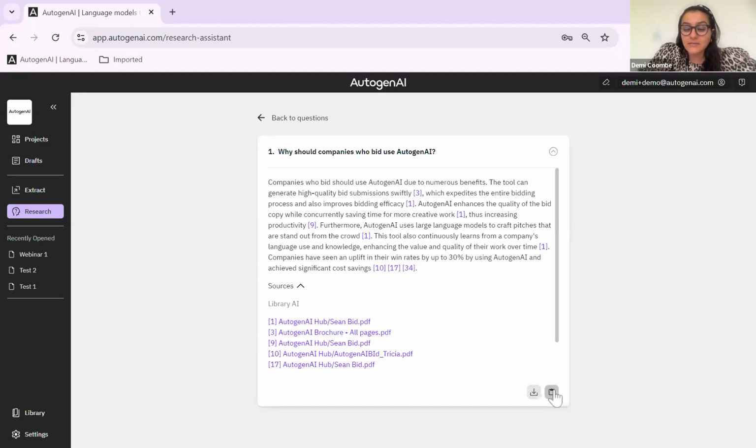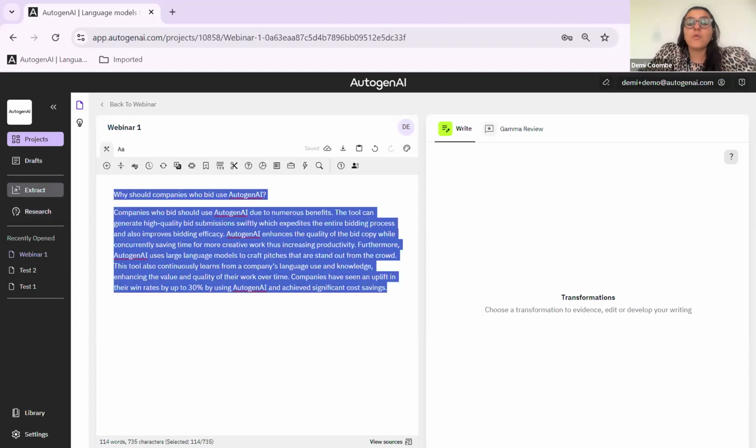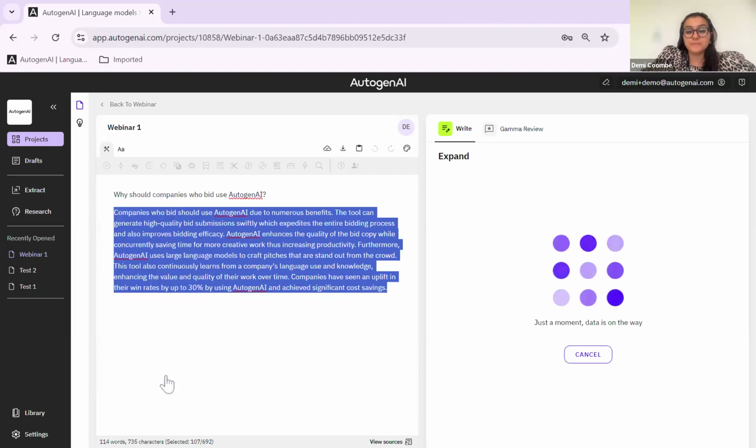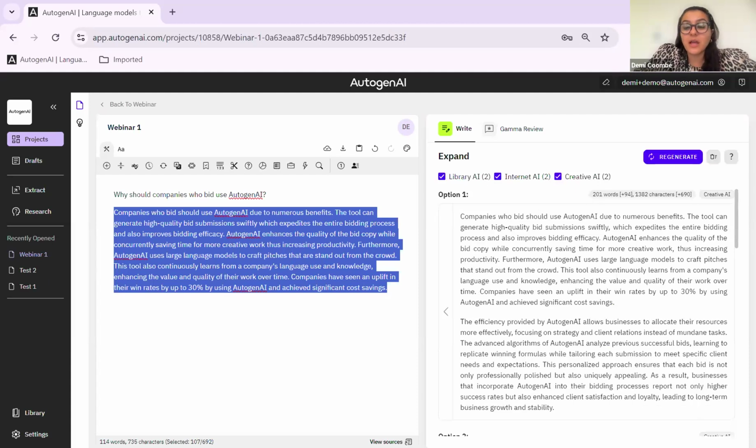So I can take that, copy, and I'm going to head back to my page and my projects, and paste it in there. And I want to take that and further it. So I'm going to highlight that, and click expand. And I can choose what word count I want to use, 200 words. I'll have all three ticks just so that you can see. And it takes this information and really expands on it, pulling from my library. You don't necessarily need to have a big paragraph that you might want to expand from. It could be a singular idea. It could be a